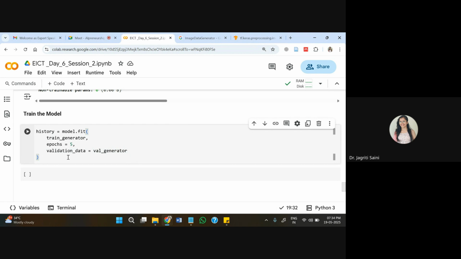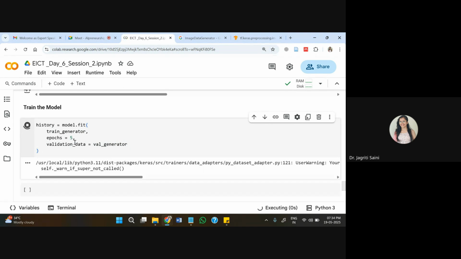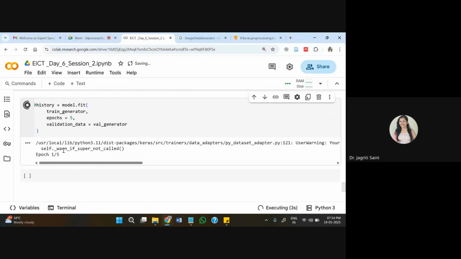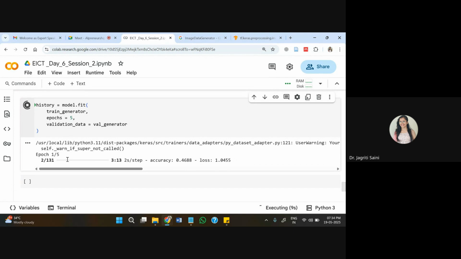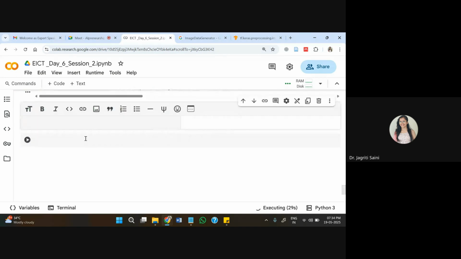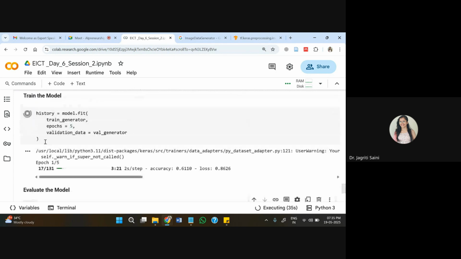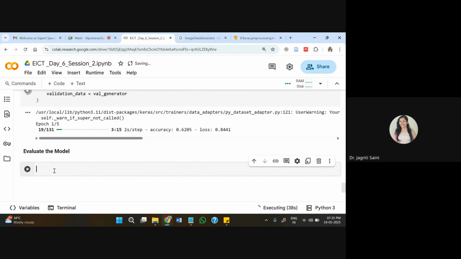So if this is all fine, then we can start running this model, and the epochs we can see once it starts. Depending upon the batches that it is taking from data by default, because I have not decided any batch size during the model fitting process, automatically it will take some batches of data, and accordingly it will start the training process for our model. While this training process goes on, because it will take time, since we have so many data files to process, I can do the next thing in between, that is to evaluate the model. At least the code we can write in the meanwhile, and in that time it will also finish.